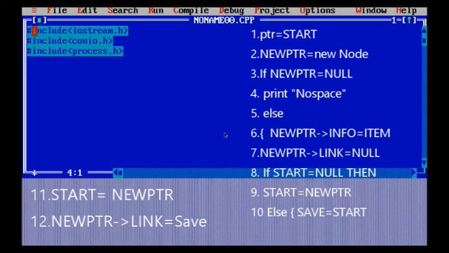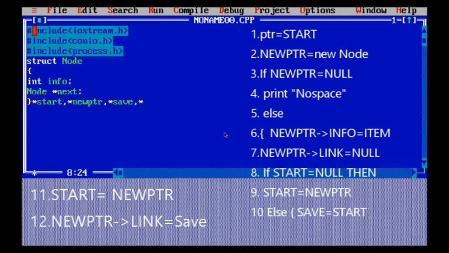You can see you have a program in which I have started by declaring a struct node. Before that I have included the header file. Here I have used the process.h file because I am going to use an exit function. In the struct, I have declared an integer type info, that is a variable. Then I have taken a node pointer named next. Then I have defined some objects of the structure with pointers start, new PTR, save PTR. So these are some of the pointers that I have declared.